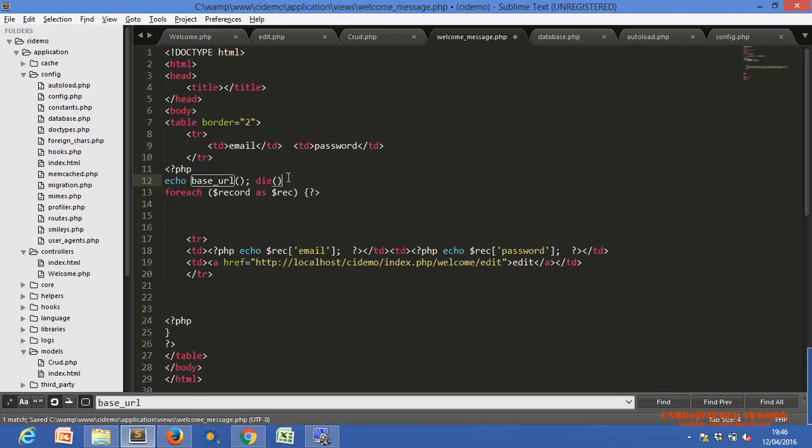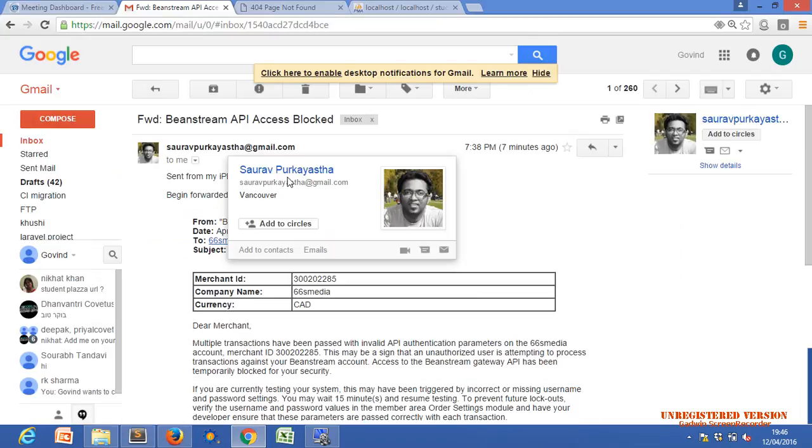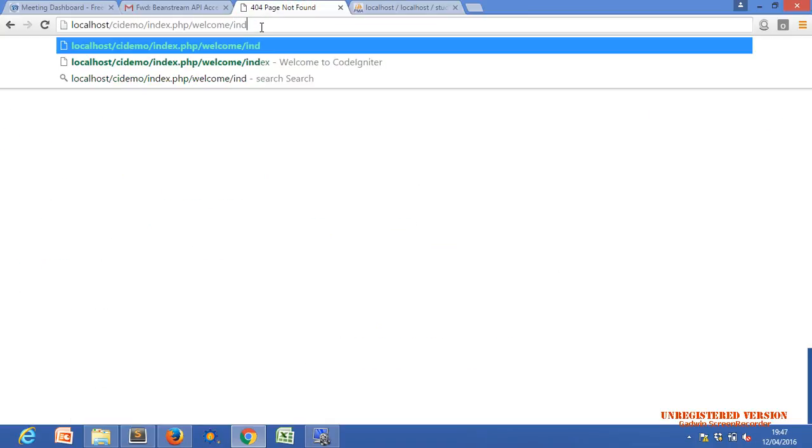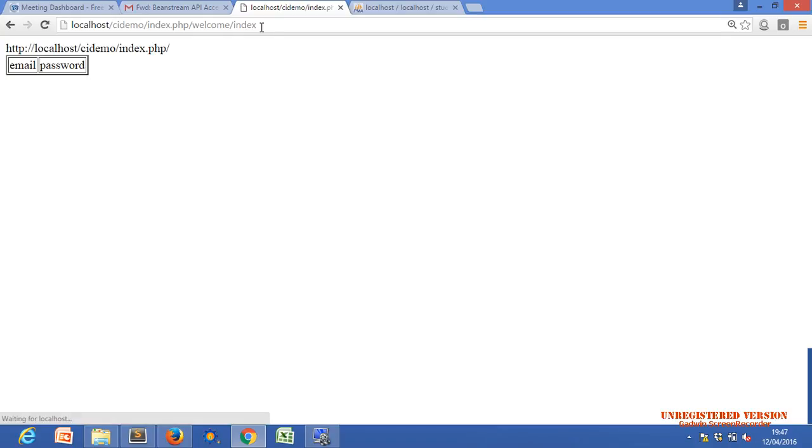It will display only the base URL value whenever we run welcome index or only welcome. This is the base URL, whatever you have set in the config.php file.